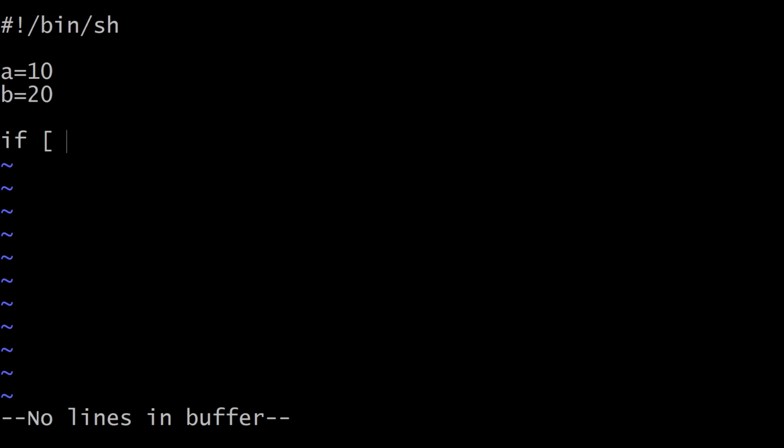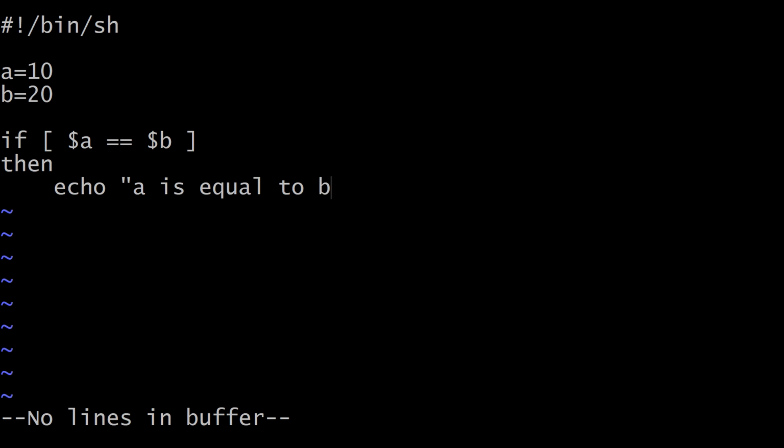We will call out our variables by using the dollar symbol, give the operator and close the bracket. And we have to give then and some statement that you need to execute if this condition becomes true. So if the condition is true, it will echo a is equal to b. And just end our if statement by giving fi.